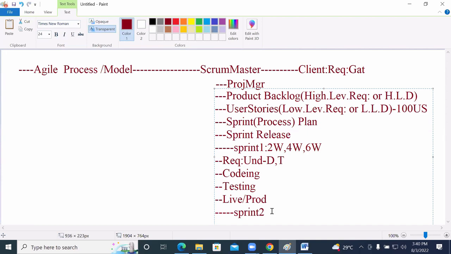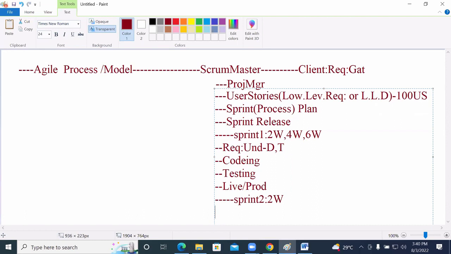Sprint 2. Again, what is the duration of sprint 2? It is 2 weeks only. Any sprint you work on will have a duration of 2 weeks. Okay. In this particular 2 weeks,